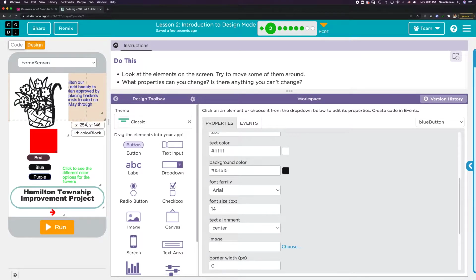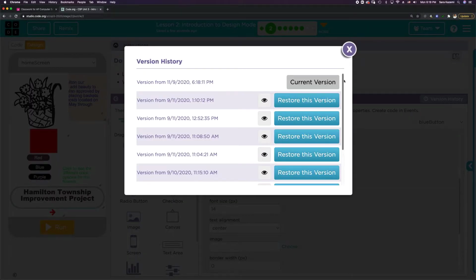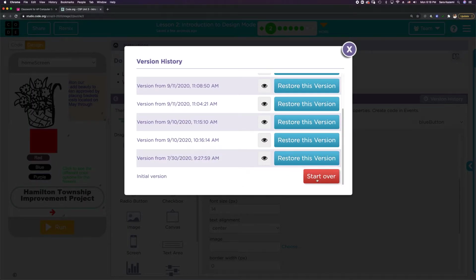So let's say that I want to pretend that I didn't do anything to the screen, that it goes back to how it was originally. You can go ahead and click on this version history button and scroll down, and you can click on start